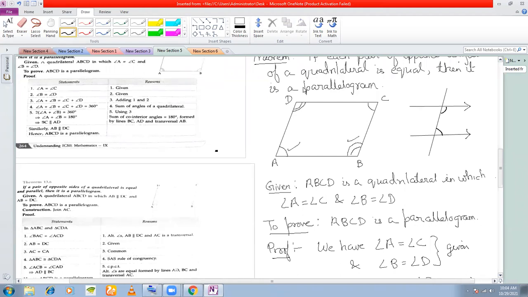Can you say whether these two lines are parallel to each other if I give you that the sum of these two angles is 180 degrees? Yes, you can, because these two are co-interior angles, and the sum of the co-interior angles is equal to 180 degrees. So if you know that the sum of these two angles is 180 degrees, then you can definitely say that these two straight lines are parallel. So therefore, in this quadrilateral, if the sum of these two angles is 180 degrees, then obviously you can say this side is parallel to this side, right? Is it clear to everyone? Yes, sir.